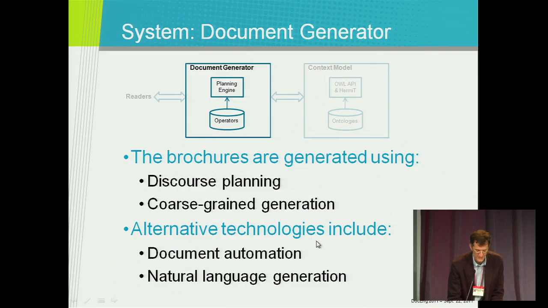The mechanism that we're using, therefore, lies somewhere on a continuum between the full natural language generation on the one hand and more commercial document automation systems on the other. The discourse planning comes out of NLG, and the coarse-grained generation is much more like document automation. We're probably much closer to the DA side of that spectrum. The major difference is that we retain that discourse tree with the rhetorical annotations. That's helpful to us in generating the feedback expression that I showed you earlier. You've told us that, ... It also has been useful to us in other work on layout, which we also are interested in.